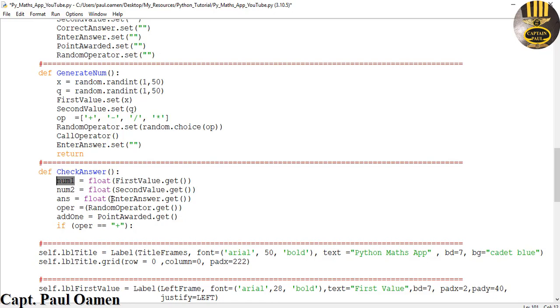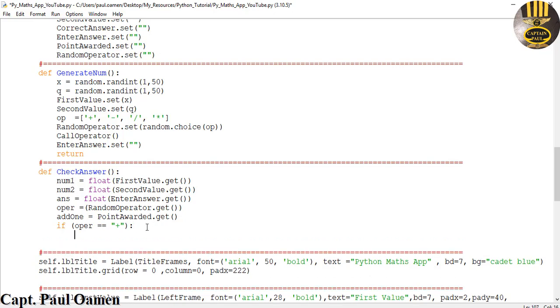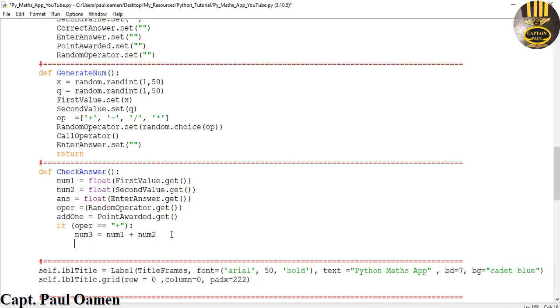So I'm going to say, let's say num3, that will be equals num1 plus num2. Okay, now let's use an if statement. If whatever we have in here is equals to these, we want as follows. So using an if statement, we say if answer equals num3,